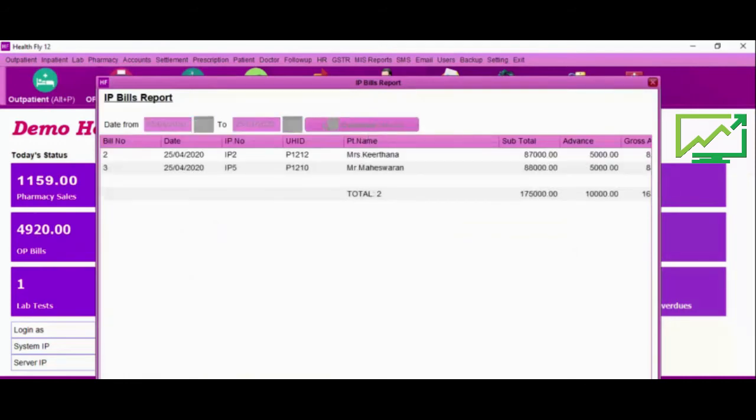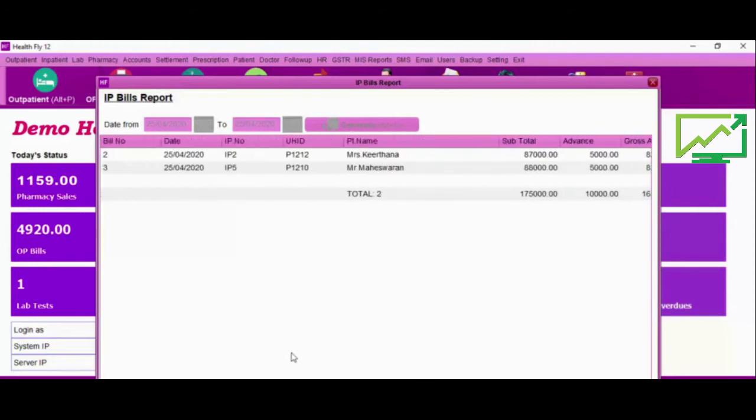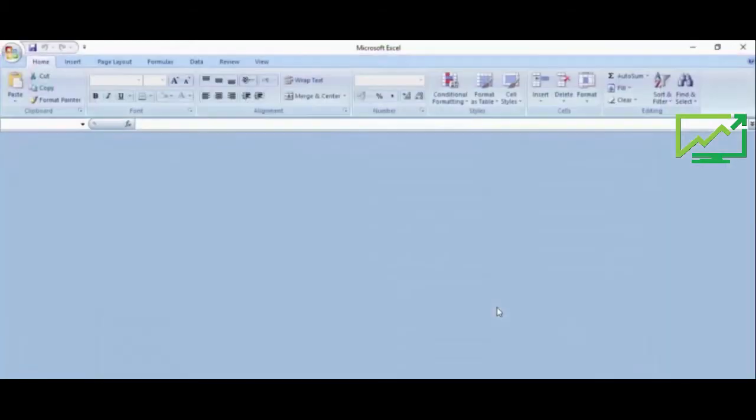IP bills report. So all the reports you can directly export into Excel. Most reports you can directly print or you can save as PDF and Word format.